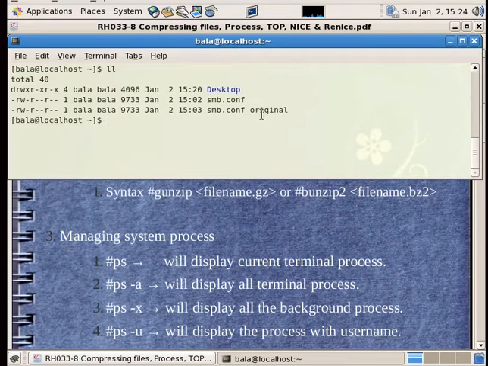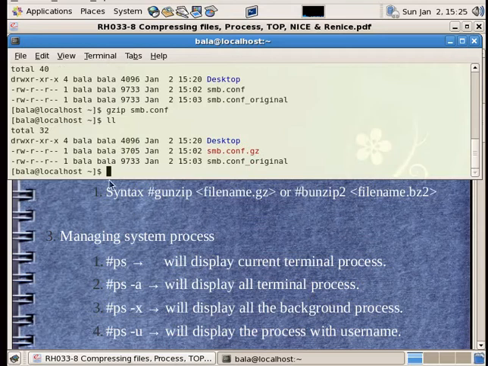Okay, so let us see about the compression. The first compression type is gzip. Gzip followed by the file name and hit enter. When you hit ll, you could see that this particular file, originally 6K, is compressed and the resulting file is only 3 KB. The original file is this much. I have made it into original because we can easily make a comparison.